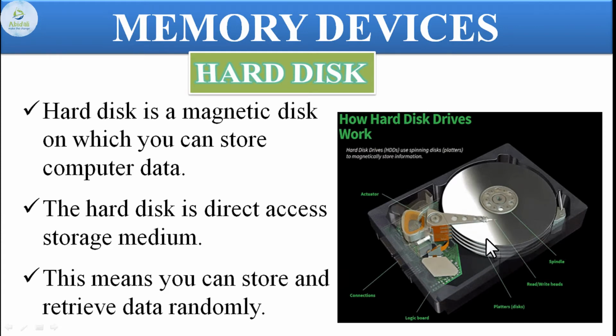So you are seeing an overview of the hard disk, which consists of the plates that are called disks. There is a reading and writing arm that you are seeing, and the actuator which is moving, and this is a coil which magnetizes the area. There are different things: connector, logical board for performing, platters, that is plates, reading and writing head, the spindle which is used to rotate the magnetic disk. All the things are there.